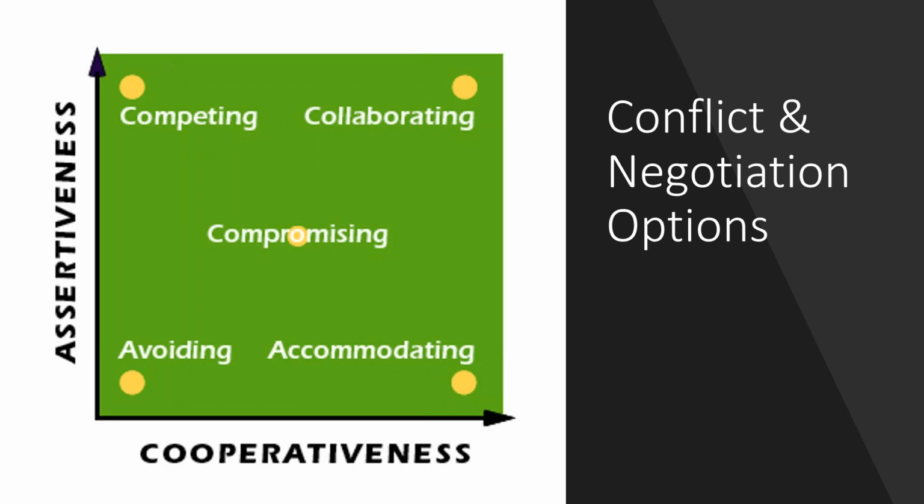And of course, negotiation is just another form of conflict. It's because, of course, you wouldn't need to negotiate with somebody unless, of course, there was some differences of viewpoint, which arguably is a form of conflict. So over on the top left-hand corner, as you look at your model on your screen, you'll see competing. So competing is a win-lose paradigm. That is where you win at the expense of the other person.